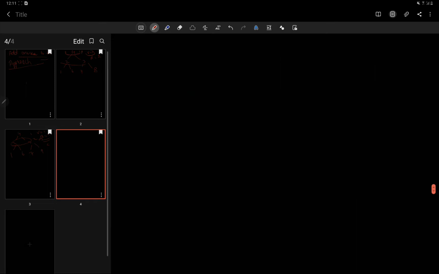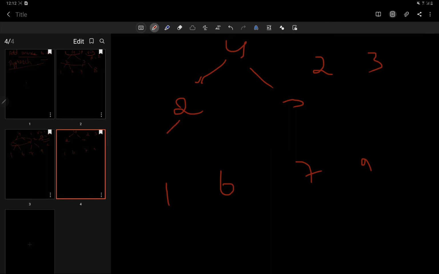Suppose the content of the queue is 2 and 3, and this is our tree, and we are pointing at these nodes, and this is 1 6 7 9. What we'll be doing is adding one subchild on each and every node, here also 1 1, and after that they will have the same structure. I hope it's clear to everyone how we are doing this.